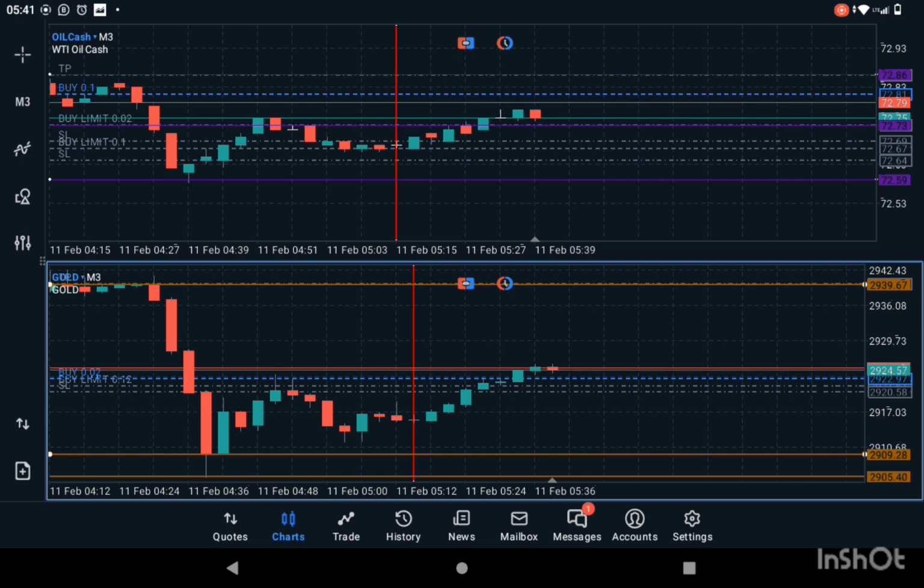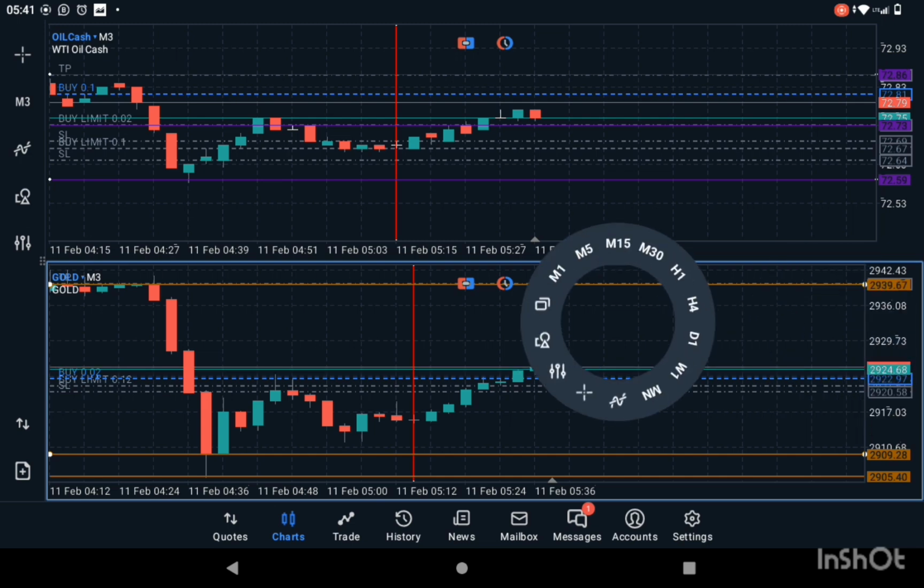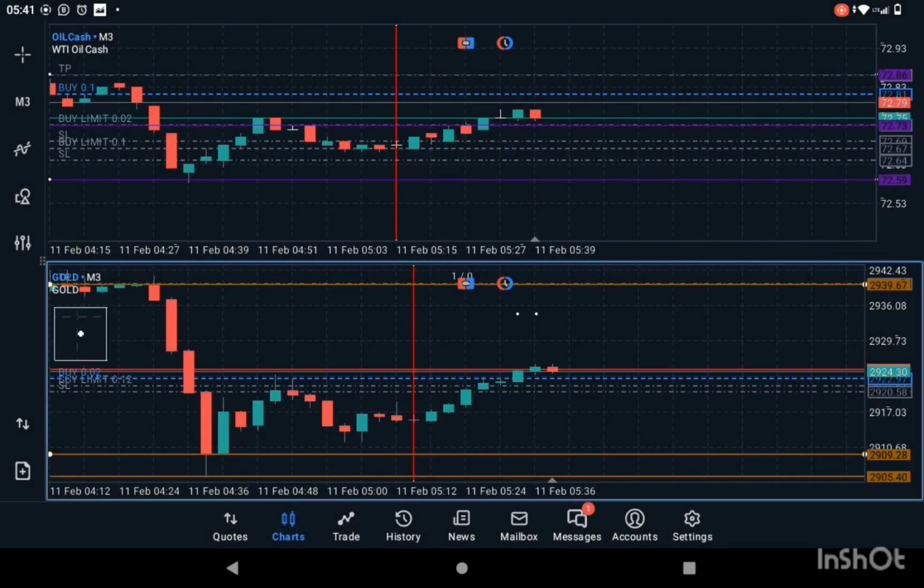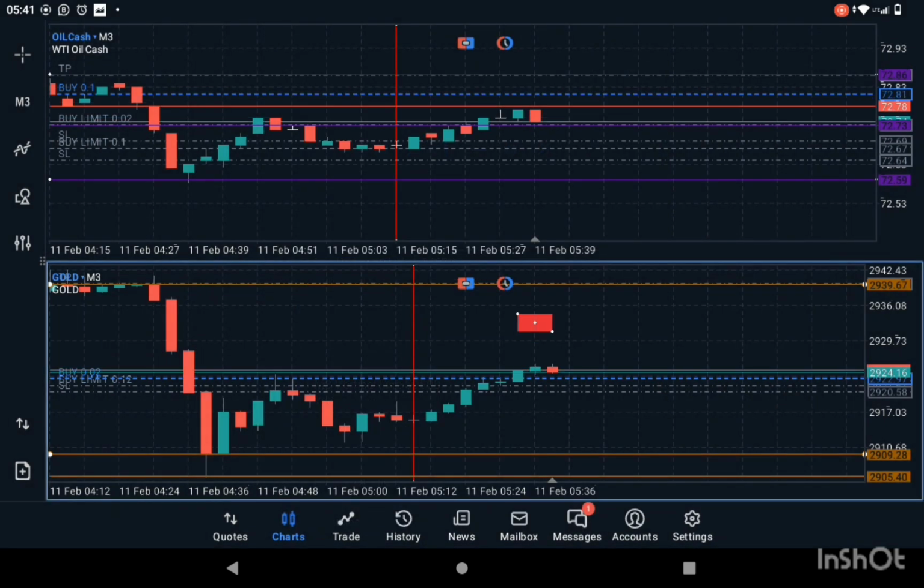I'm going to let you see the whole process, and then from this point I'll be fast forwarding the process, and I'll also reduce the volume, and at the end of the trade I'll indicate to you guys how much I made, how much I lost, and when I'm going to exit the markets,